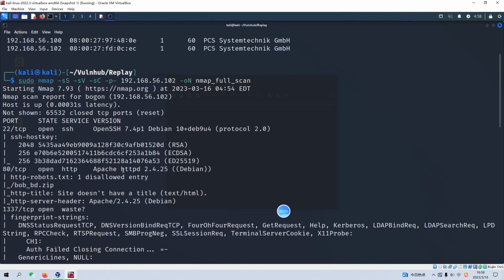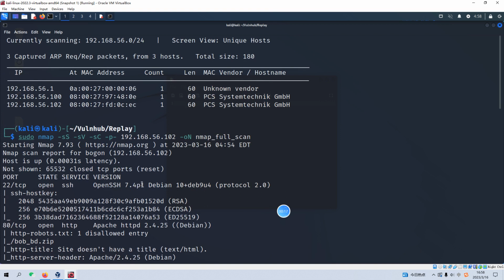Okay, today I'd like to walk through the virtual machine of Replay on the Vulnhub together with you. To save time, I have already imported it into VirtualBox, and I use netdiscover to identify the IP address of the target, which is 102. And also,